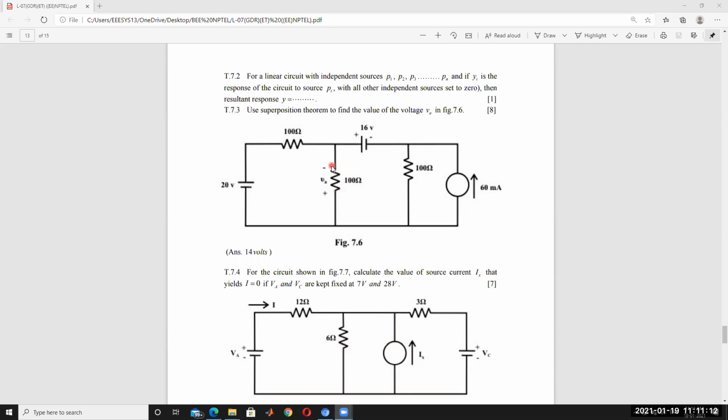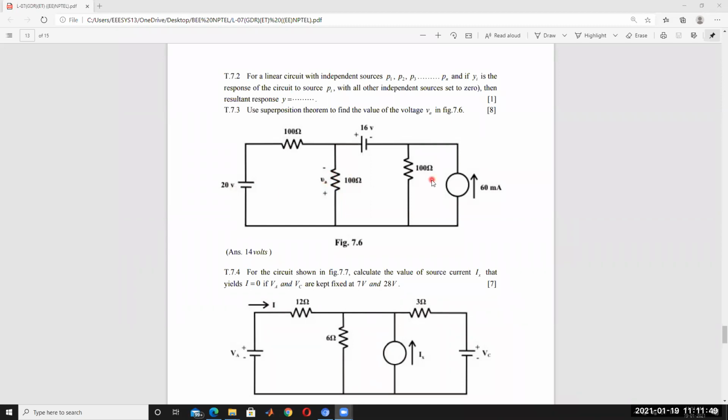Find the voltage across this 100 ohm resistor. By activating this source and deactivating this source, meaning short circuited and open circuited, these two are like parallel. 100 ohm resistor and 100 ohm resistor in parallel, and the resultant is R1 R2 by R1 plus R2. Like that, you will get the current. Otherwise, by finding the voltage, V is equal to I into R. By finding the current and multiplying that current by the 100 ohm resistor, you will get V1 due to the 20